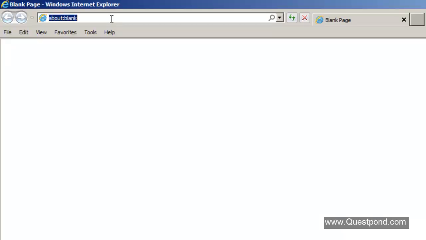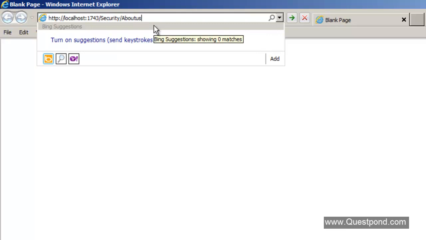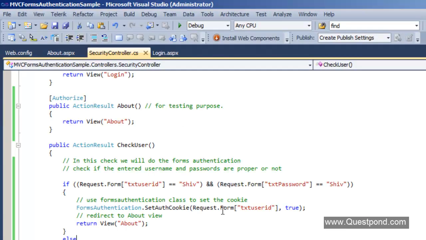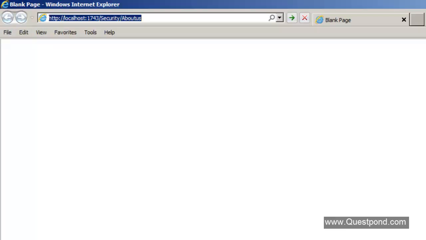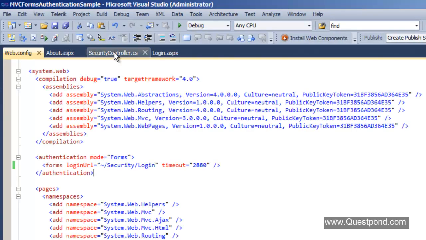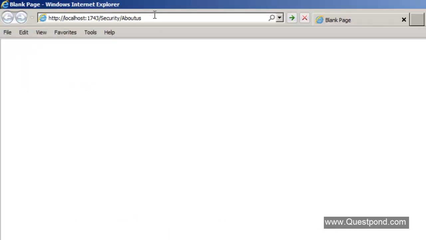and let's say that we have some smart users who try to do something like this about us. Now what will happen here is the forms authentication will come into action, and it will ensure that this user who is not validated redirects to this page or to this action, that is security login, right? So if any smart user tries to directly go and access the about us action, and if you also remember, we had decorated the about action with the authorize attribute, right? So if somebody goes and does this,